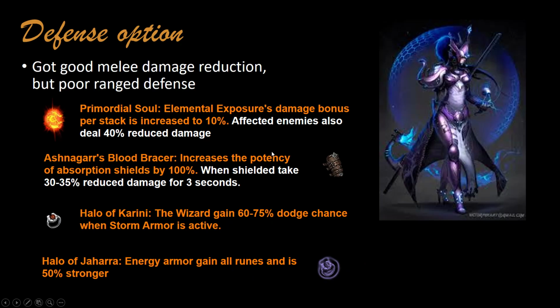Wizard really lacks ranged defense. The melee defense is so great now, and now that the Thing of the Deep have 80% damage reduction, but ranged is really poor, so a lot of builds are using that supposed melee damage reduction item to stay alive. So what I suggest is we can update some items like Primordial Soul to provide damage reduction, Ashgrab Bloodbrazer to provide damage reduction,